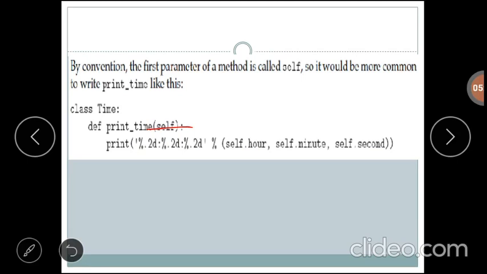The object which invokes a method is also known as the subject. Here in this example, instead of passing the object name as the parameter, we are passing the keyword self. Self means a reference to the current object.